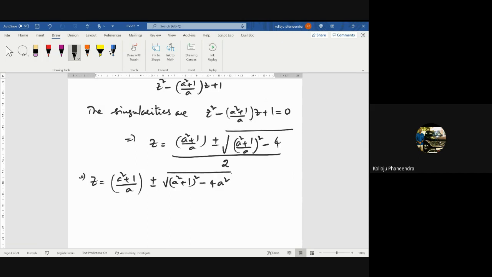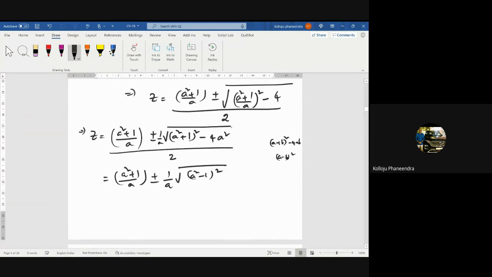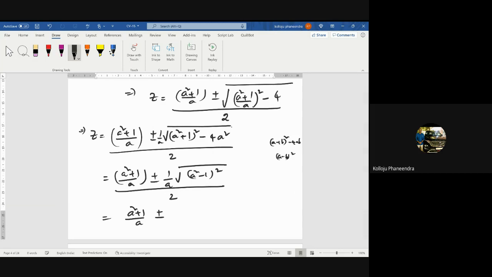4a square. This a square is outside common, so this is 1 by a, and there will be 2 by 2. This whole square is there. So here a square comes here. Now a square plus 1 by a plus or minus 1 by a. What is this formula? A plus b whole square minus 4ab. A plus b whole square minus 4ab formula is what? A minus b whole square. So what does this become? Root over a square minus 1 whole square by 2. So this is a square plus 1 by a plus or minus a square minus 1 by a